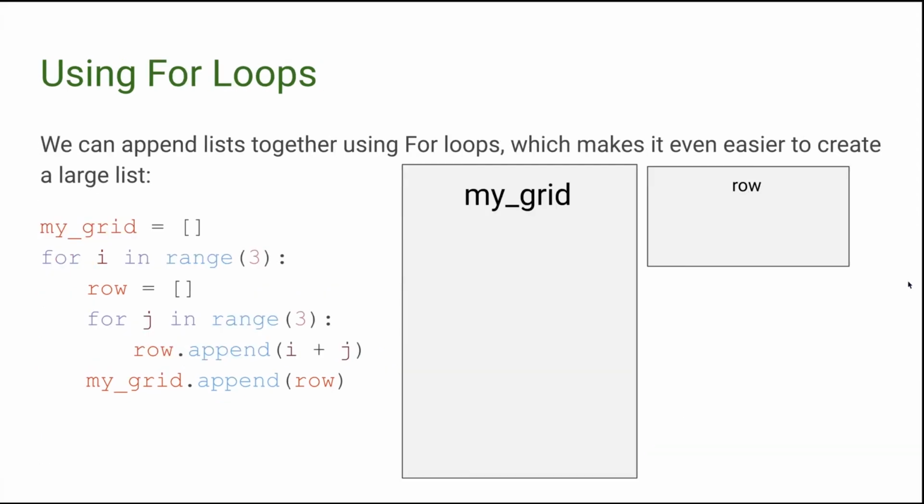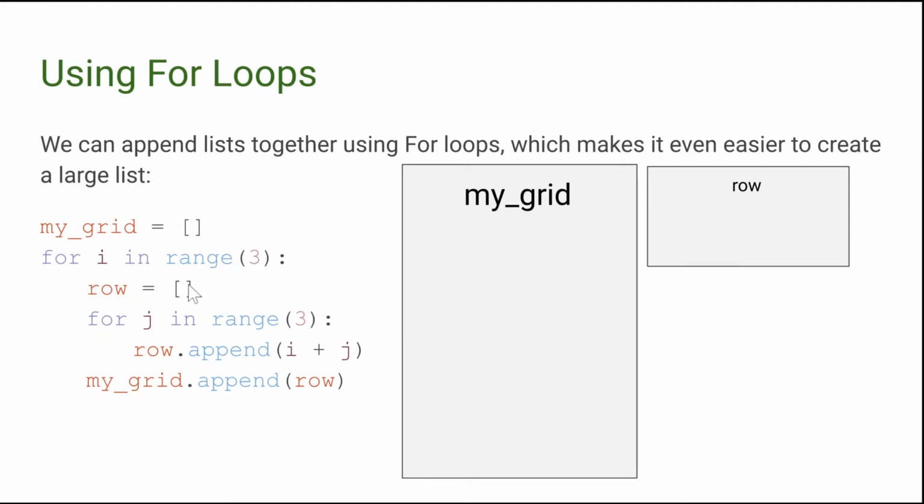As our lists get bigger and bigger, though, it becomes increasingly cumbersome to just create all of those rows manually. Fortunately, we can use for loops to make it super easy to make a large 2D list. I can create my grid as an empty list, and I can make a loop to make each row. So I can say for i in range 3, so I'm going to have 3 rows,